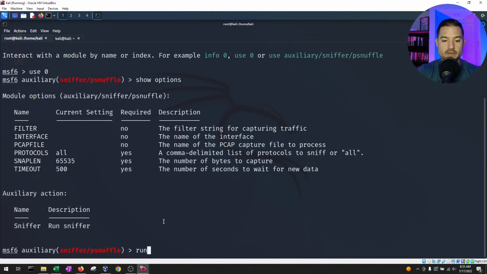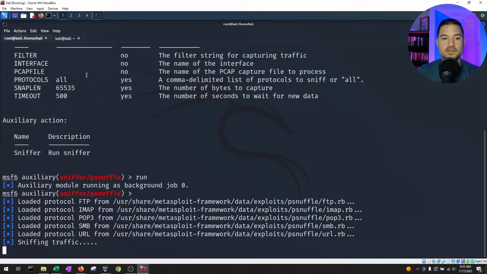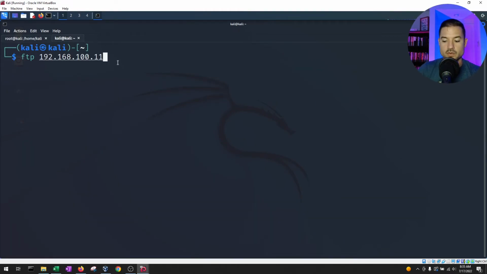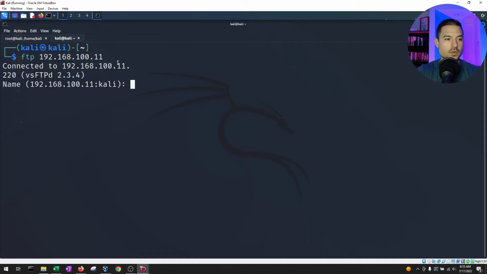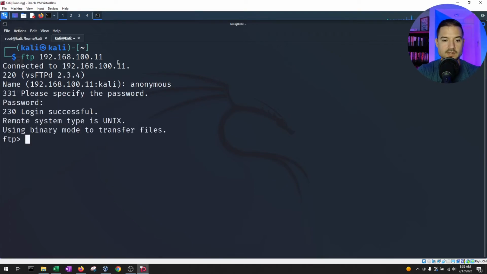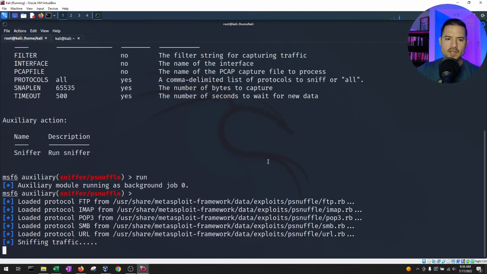We're going to run this. So it's sniffing traffic. We're going to hit enter now, and the username would be anonymous, and the password is blank. Login successful. So it doesn't seem to have picked up anything, interestingly enough, because it's sniffing the traffic, but